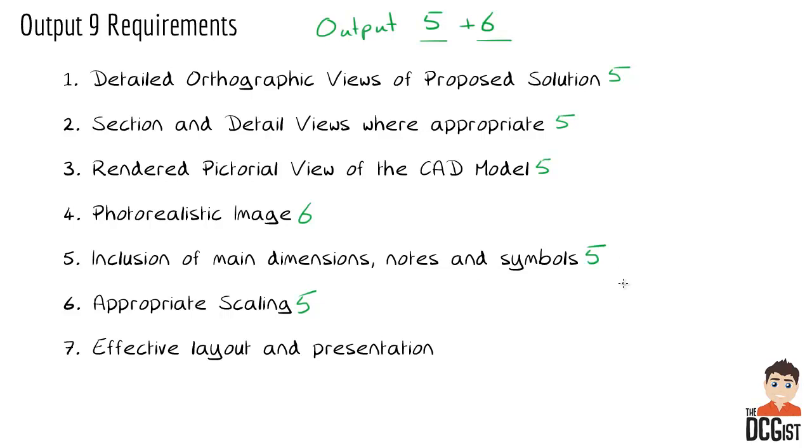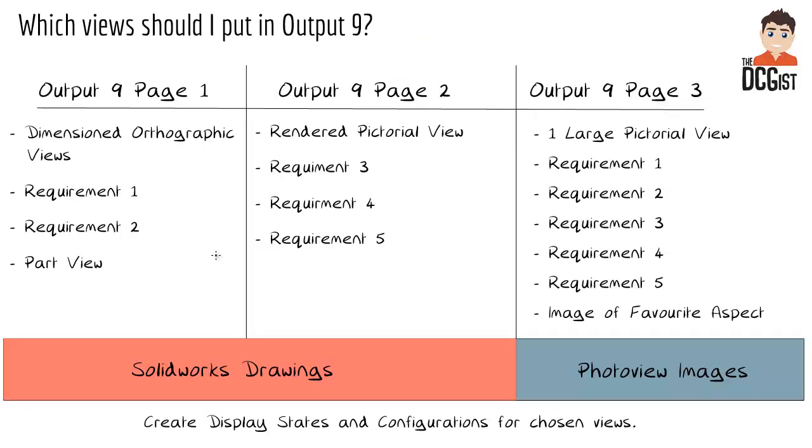And the way that we do this is very similar, but with a few key differences as to where we have the emphasis when we're writing in our annotations and when we're choosing our views. Now, what exactly do we need on the 3 pages of output 9? I split it up here into the 3 pages, and in terms of the views that go into these pages,